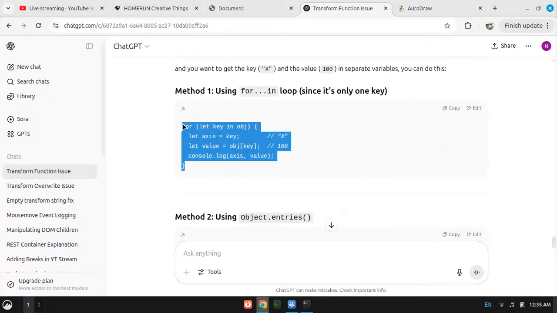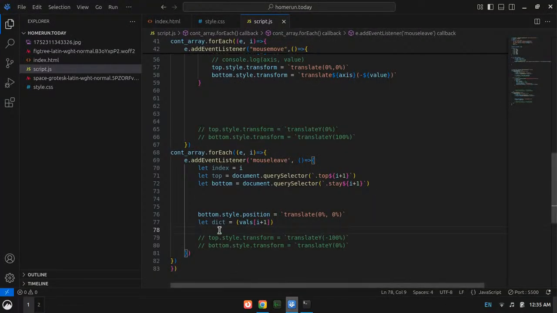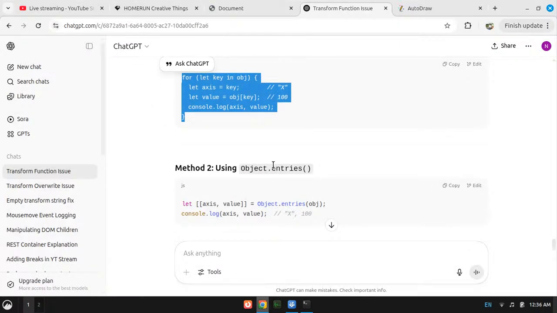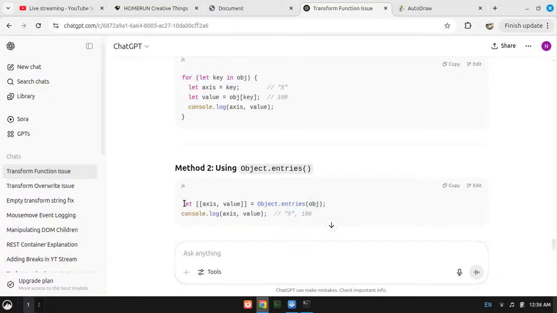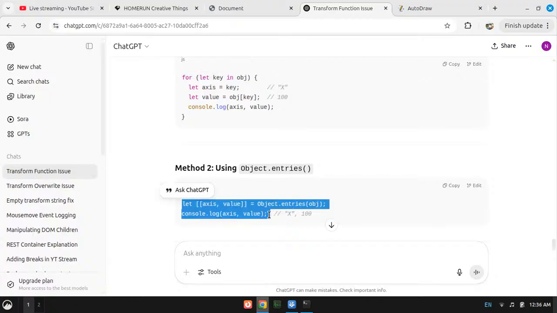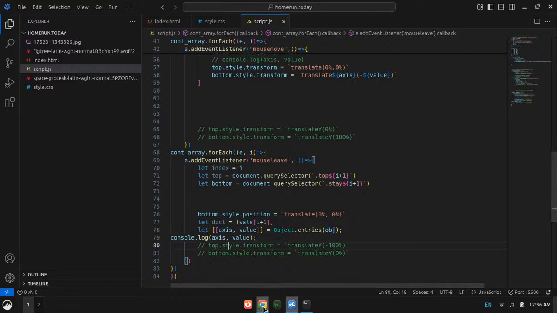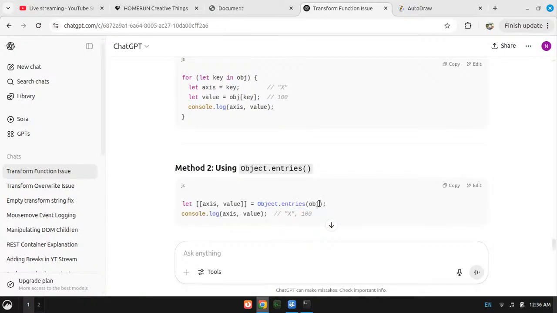Okay, I have to run the for loop. Is there any alternative? Okay, I think I will use this one, Object.entries.